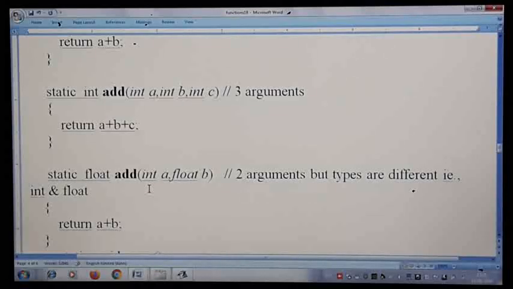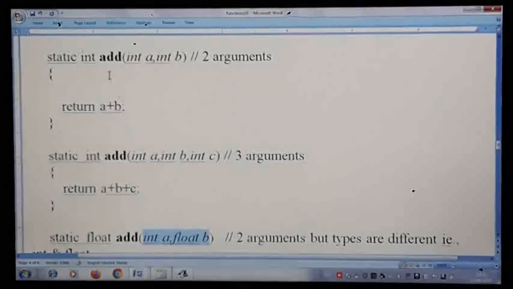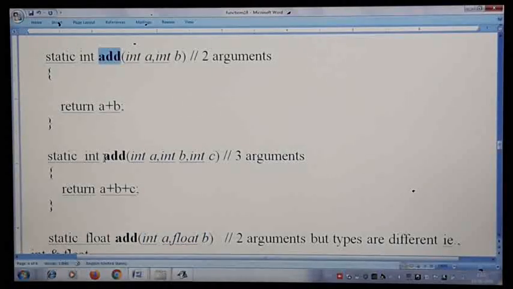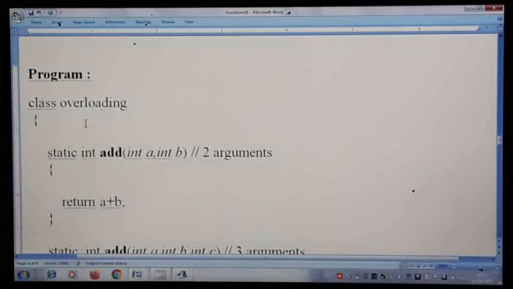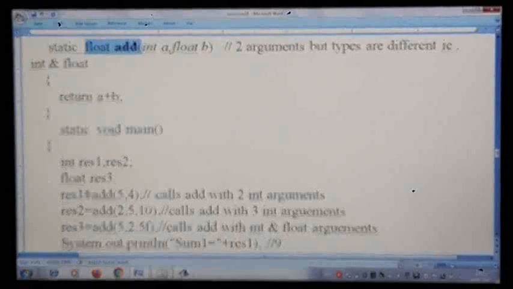So in method overloading, the function signature plays a major role in differentiating one method from another, because all the methods have the same name. Multiple methods with the same name in the same scope. What do you mean by scope here? It means within the same class we are going to write them. That is what we discussed in the last class.